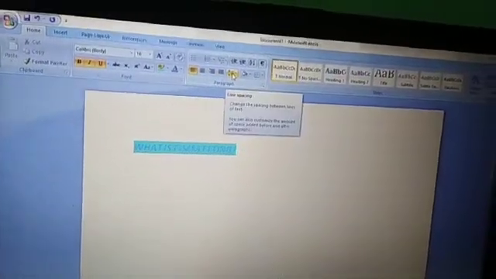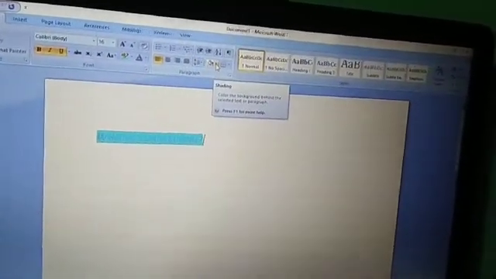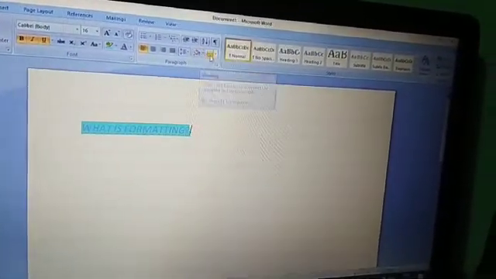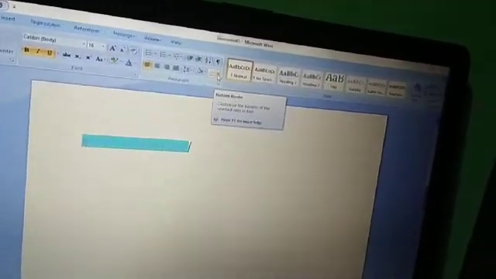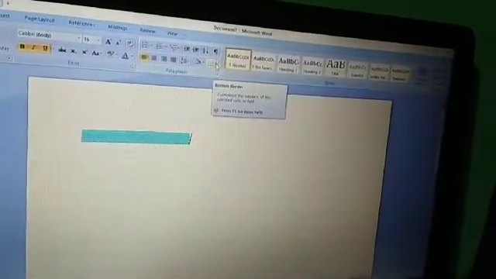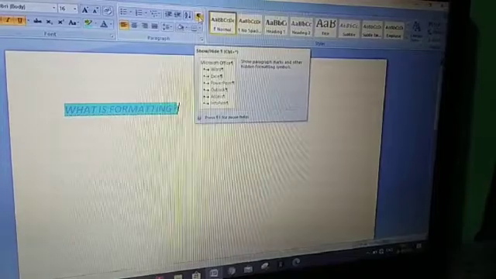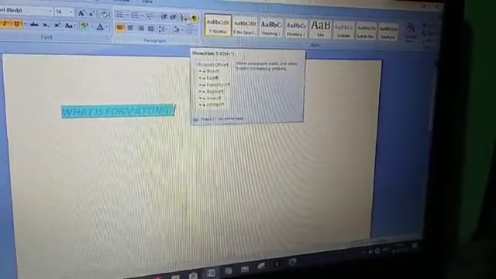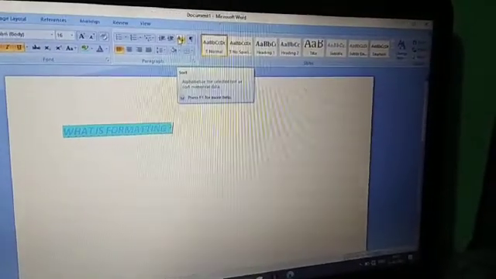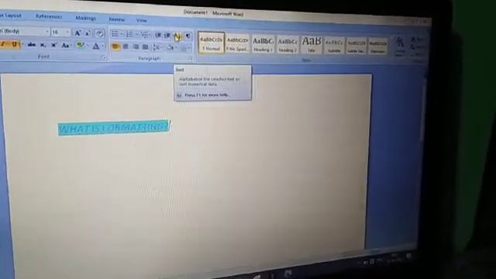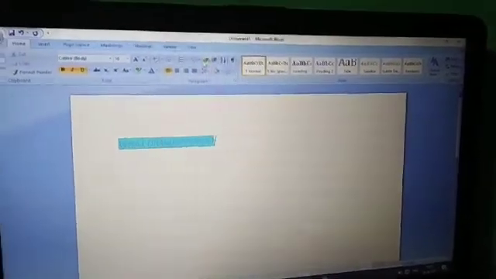Line spacing, if you want to increase line space, shading if you want to shade, then border if you want to make a border around the text, can be done. This is for sorting, A to Z or Z to A. So these are some formatting buttons.